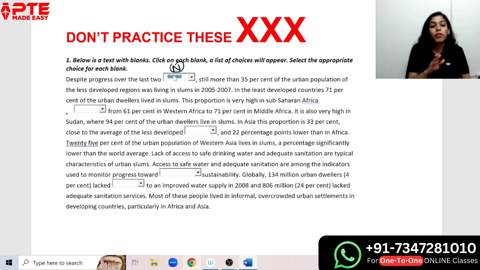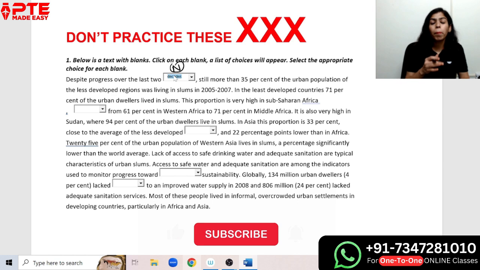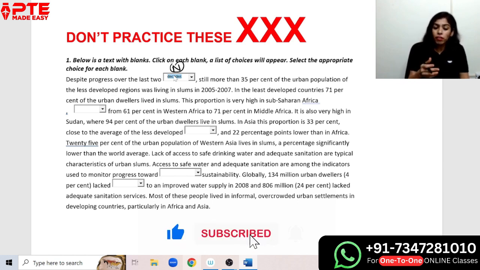So these options were not relevant. Options could have been years, decades. Okay, options could have been different. Options could have been only nouns. But this particular time, the options were not nouns. Or even if one or two options were not nouns, they were not matching the structure of the question or the demand of the question.